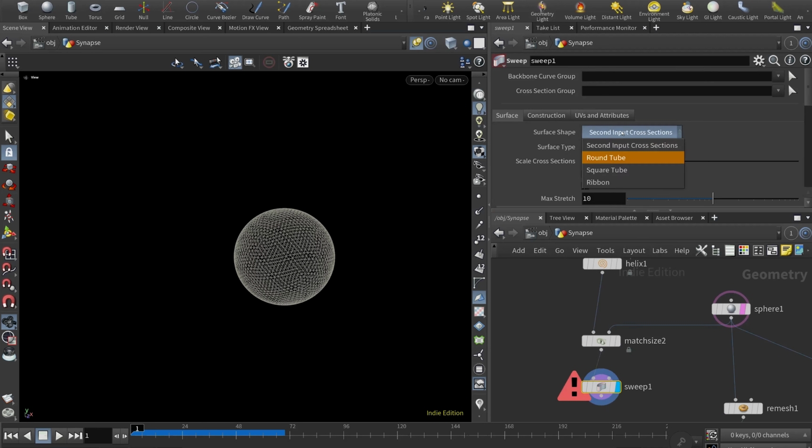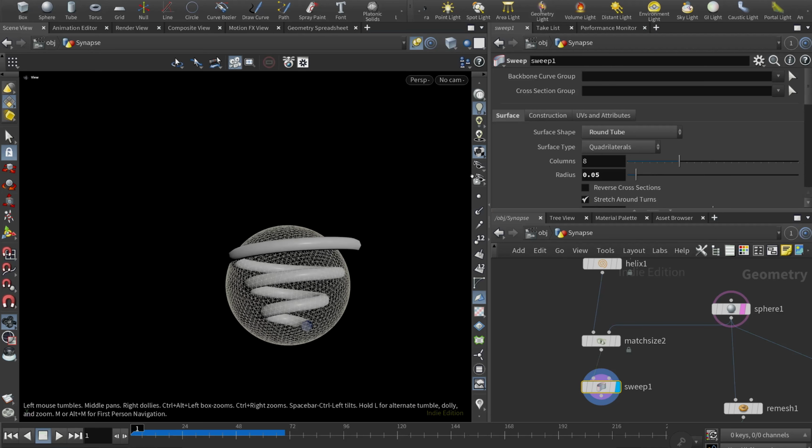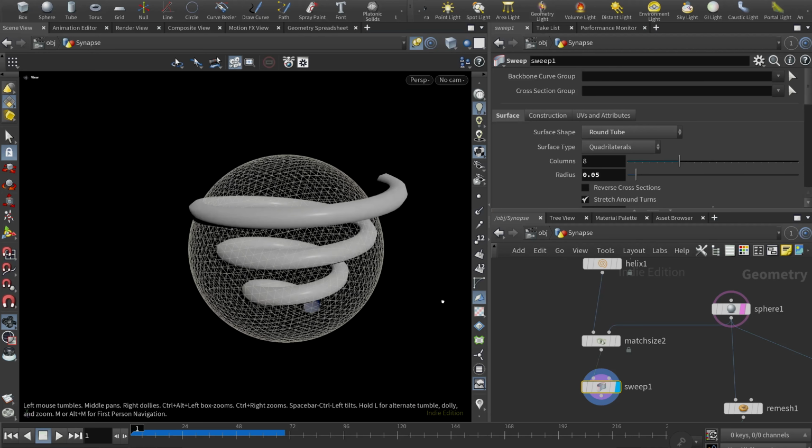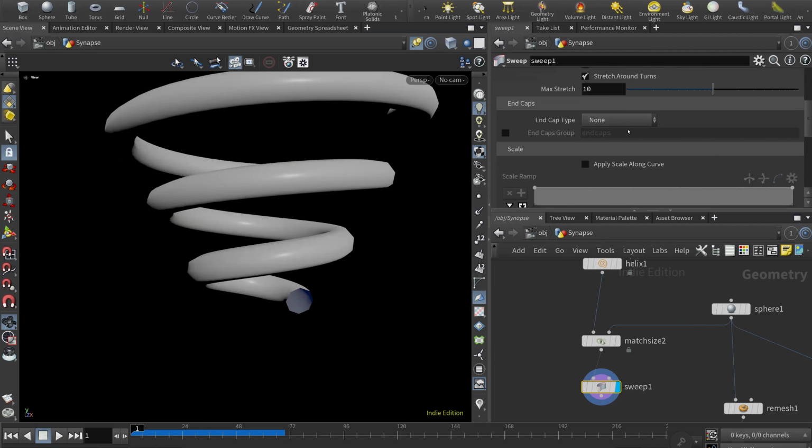And let's make it a round tube, a little bit smaller. Now we have an interesting shape, but let's make sure it's closed. So if you go to these end caps,